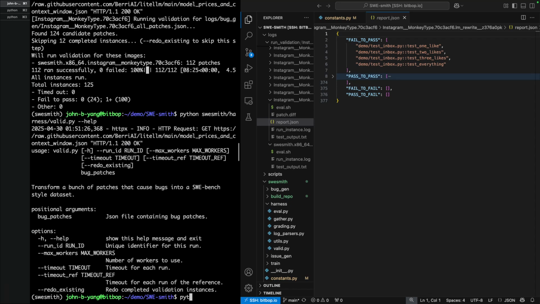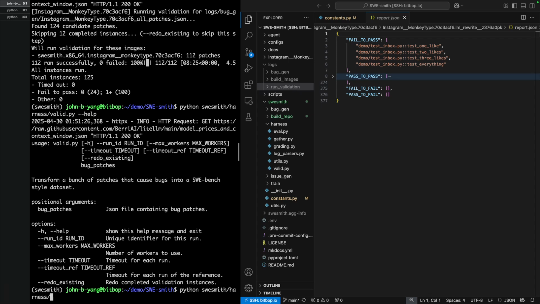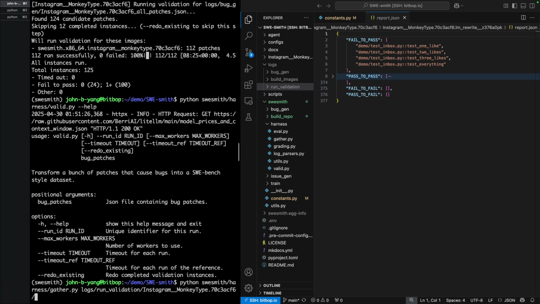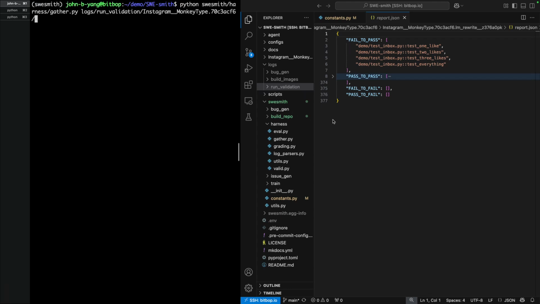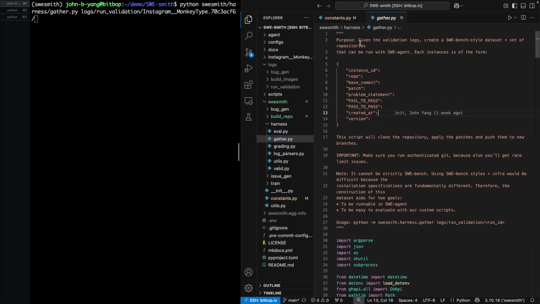But now what we're going to do is finalize everything. So at this point, we have this run validation folder. What we can do is run this script. It's called SWE-Smith harness and then this gather.py. And you can see here, given the validation logs, create a SWE-bench style data set that can be run with